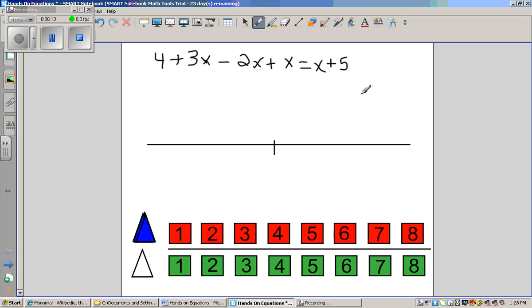Okay, pause, combine your like terms, and solve for x. On the left-hand side of your equation, here are your like terms: 3x minus 2x plus x. 3x minus 2x would actually give you,